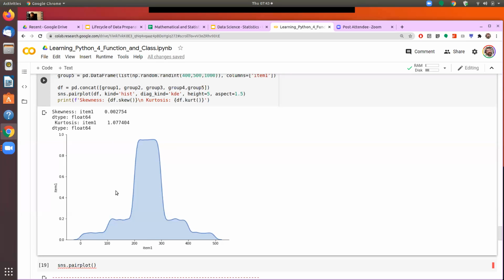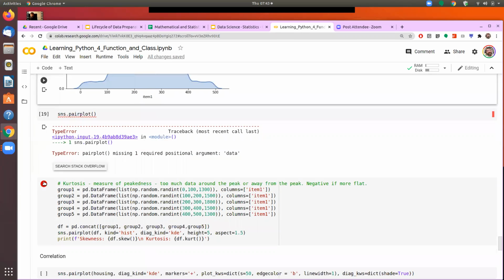And if it is more equally spread, then the peak would not be that sharp, and the tails would be what we call fat tails. So here the tails are light and the peak is higher, or sharp, and there could be another data set